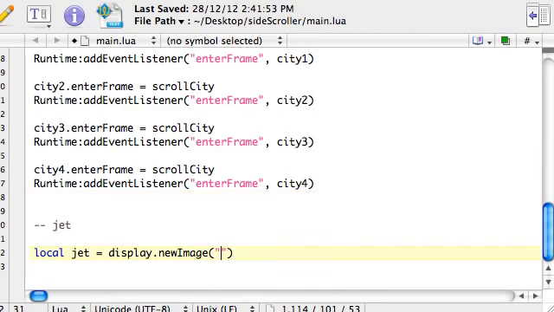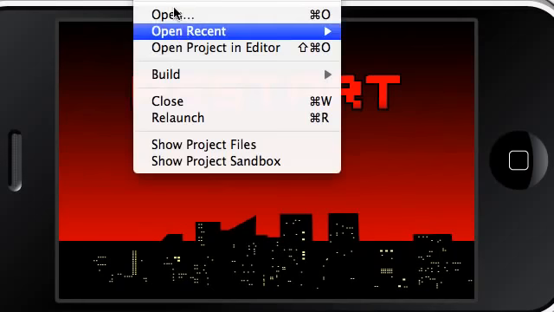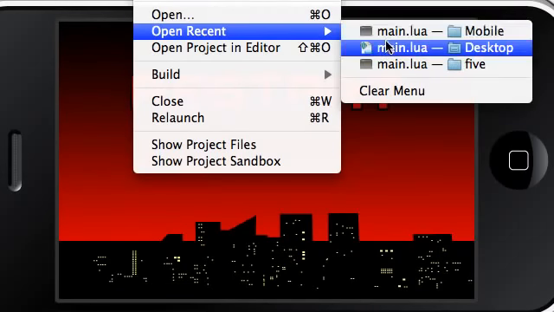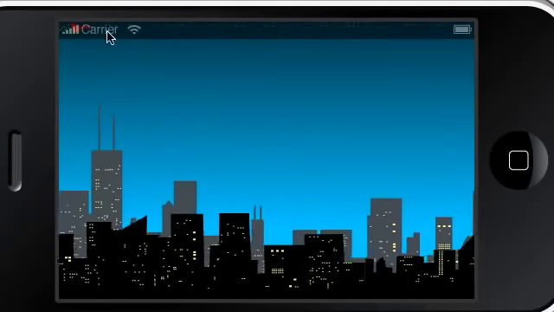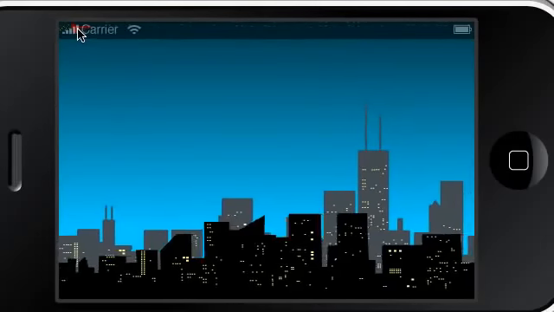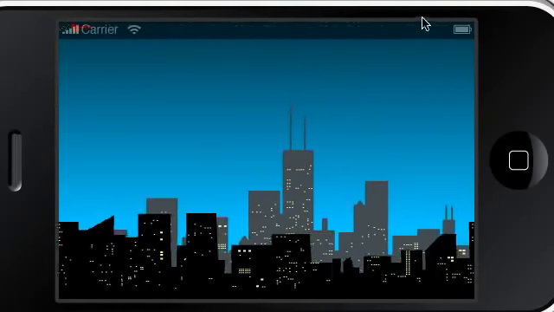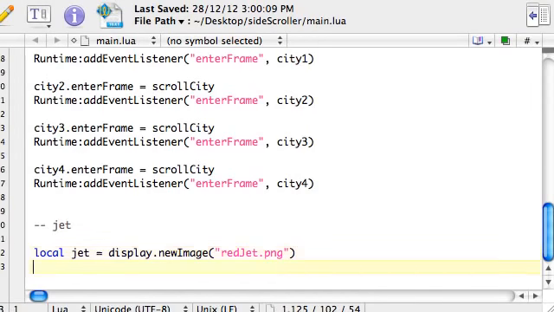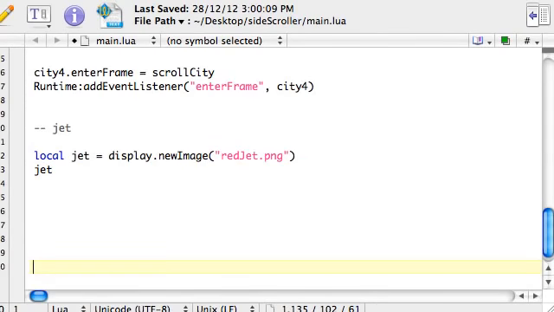Okay, so red jet is the name of the graphic, .png, and let's see if we get something on the screen. So go back to our project, and you can see underneath this bar up here, which we'll get rid of soon, is this jet here. We can't really see it, it's not a good spot for it, so let's change its x and y properties. Okay, jet.x, let's just try 100, so it'll be 100 pixels in from the left-hand side, and jet.y equals,